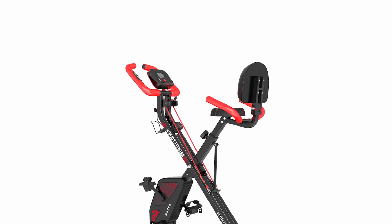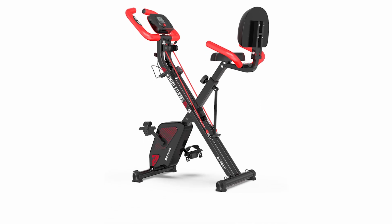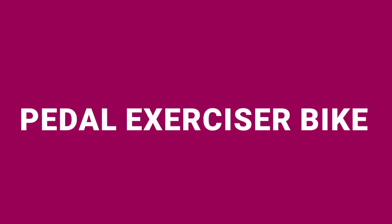While the bike supports up to 300 pounds and accommodates users up to 6 feet 3 inches tall, some users have noted issues with noise and the bike's frame height. Overall, it's a great value for seniors seeking a quiet, space-efficient exercise bike. Lastly, we got the pedal exerciser bike priced at